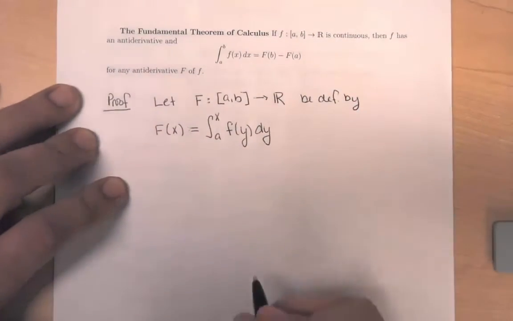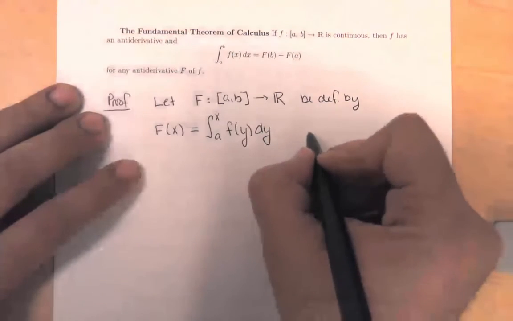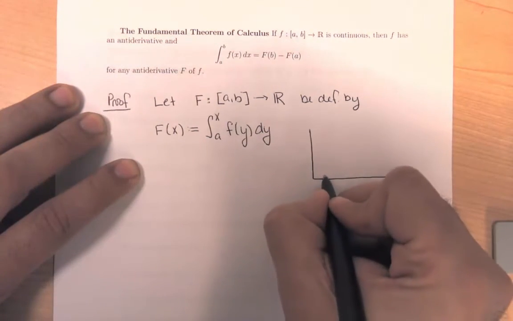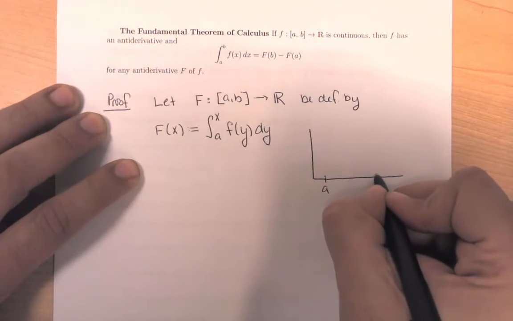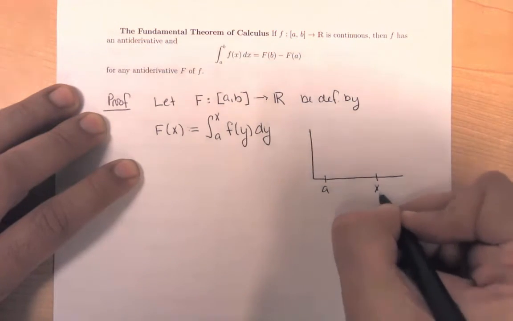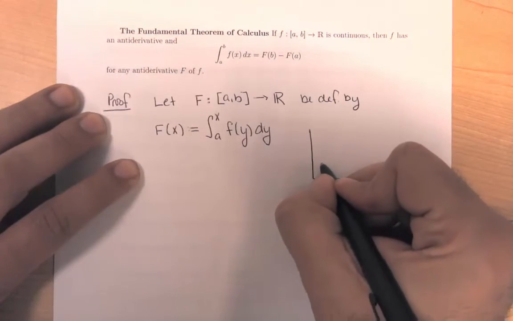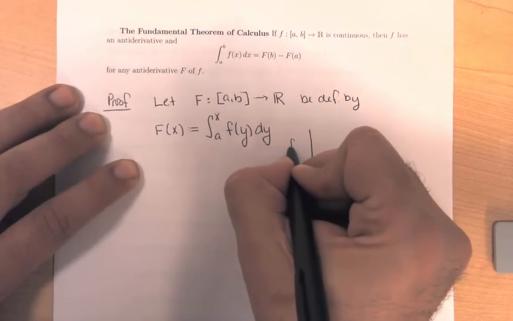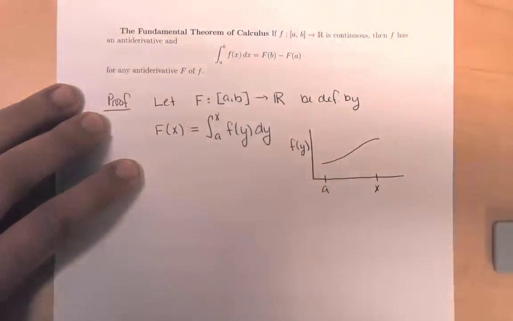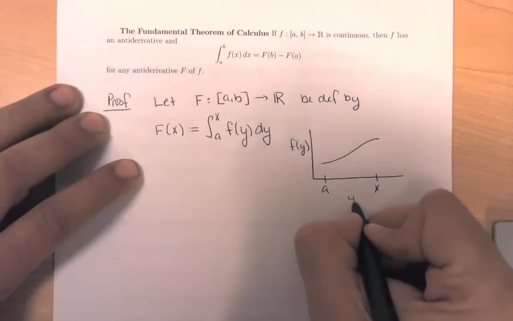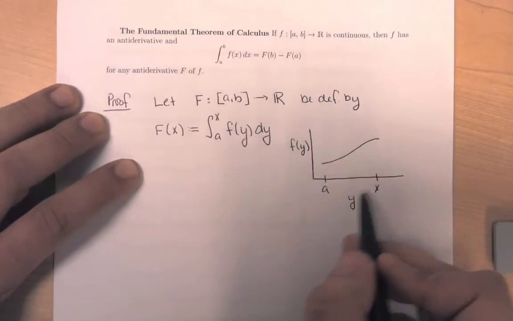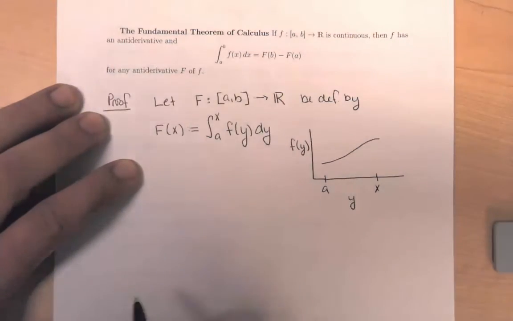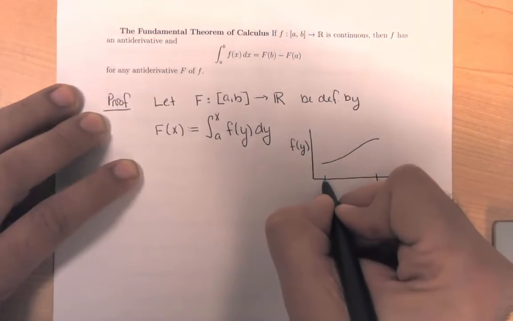Just so that we're clear about what F of x is, if this is a and this is x, and that curve is little f of y, and by the way, y is the variable that ranges from a to b with x in between, then F of x